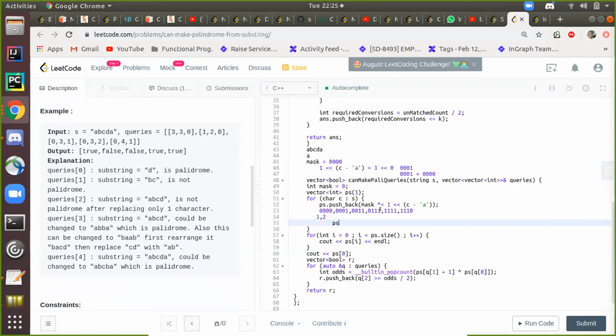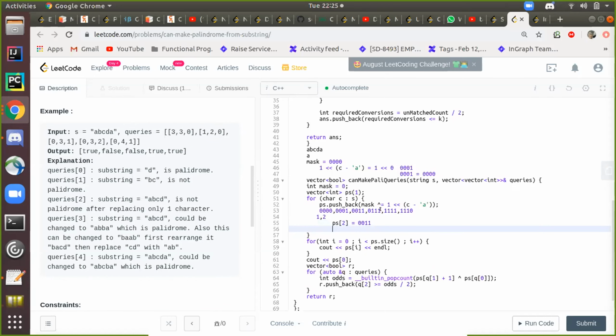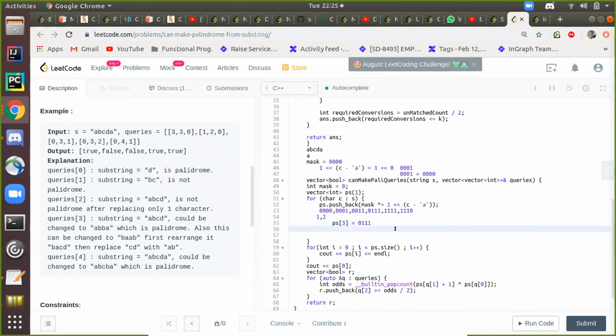PS of 2 is 0, 0, 1, 1, and sorry, I think I've done this wrong. So the Q of 1 would be 2, so this should be 3. And PS of Q of 0 is going to be PS of 1, and that is 0001.